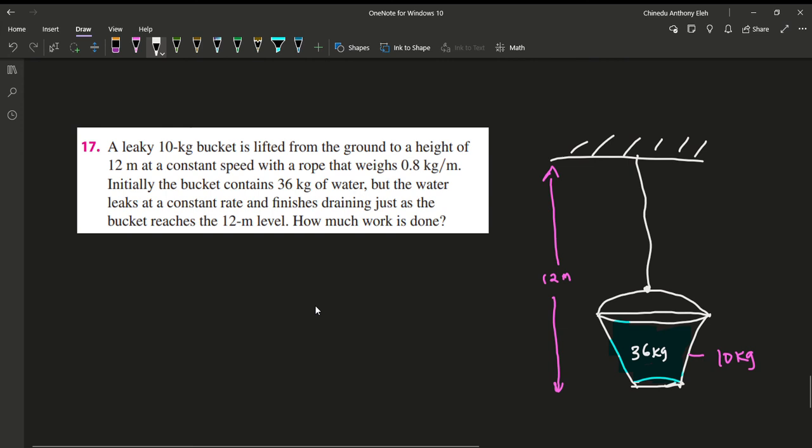Okay, so since we are not given a specific rate, we use the same idea as before to derive what this looks like. Let's say at x feet high, assuming this is the 0 level, at x feet high,